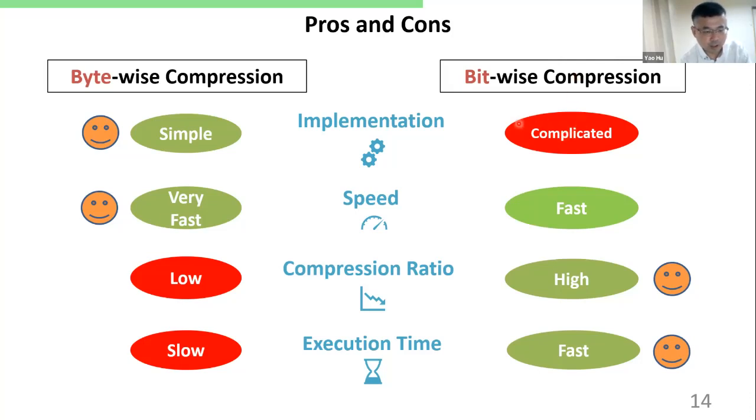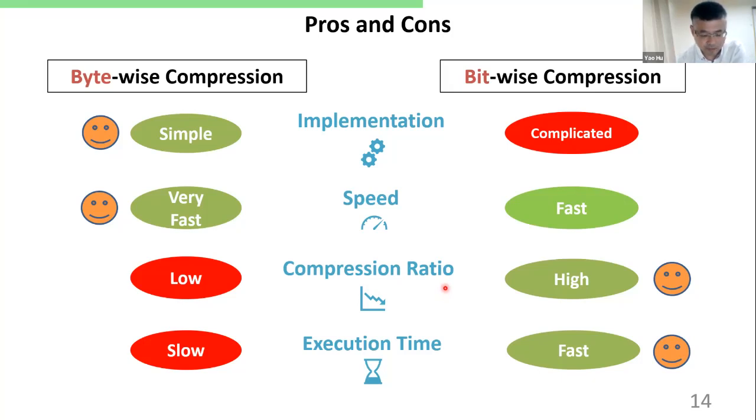So its implementation is complicated, and accordingly, the compression speed is not so fast. The trade-off is that the bitwise compression has a higher compression ratio than the bitewise compression. And later in the evaluation, we can see the bitewise compression usually has a faster execution time than the bitwise compression. So this is the simple comparison between these two